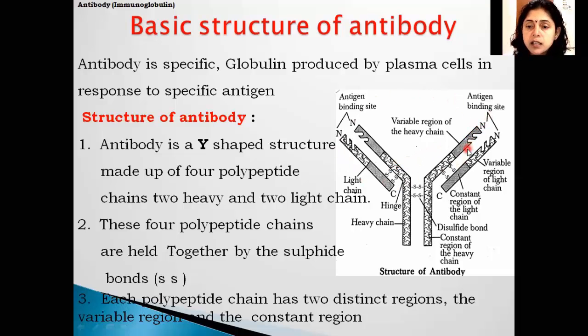हे सगळे parts आहेत की variable region कशाला म्हणतात. This one portion is the amino terminal. Here the amino acid sequence arrangement असते, and then antigen binds to this terminal in lock and key manner. So this is the simple structure of the antibodies with these two chains, that is the light chain and the heavy chain. Upper one portion is a variable region. So this is the structure of the antibodies, and we have seen the antigen antibody reactions.